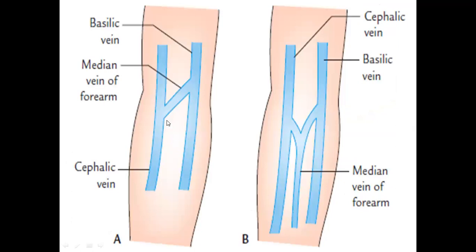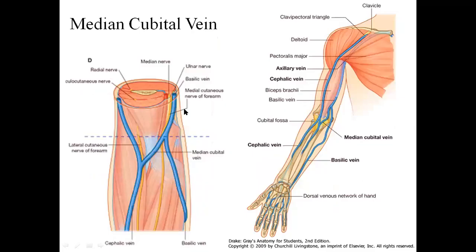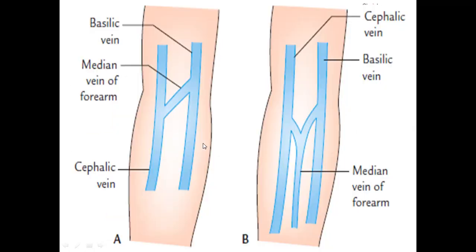I also told you, this is the cephalic vein and this is the basilic vein, and the direction is upwards and medially to the median cubital vein. It is named here as medial vein of forearm. Anything is fine, but the most popular name we use is median cubital vein only. It is seen in the roof of the cubital fossa. Then in the forearm, you have this median vein of the forearm. I told you, though it is not seen here, I will show you in a separate picture.